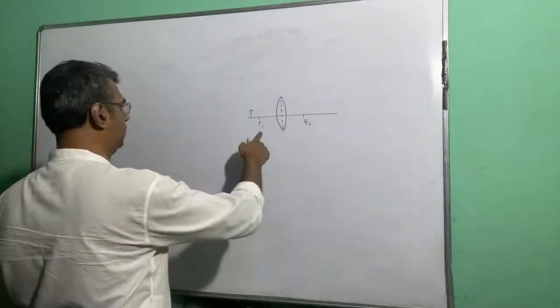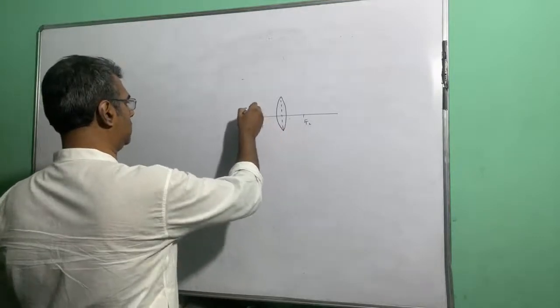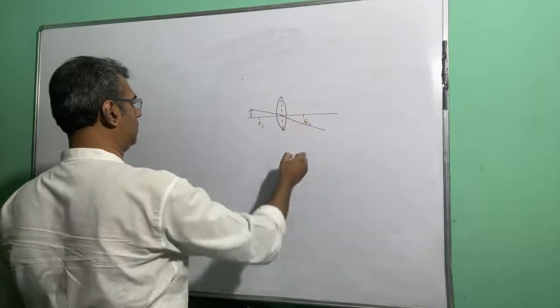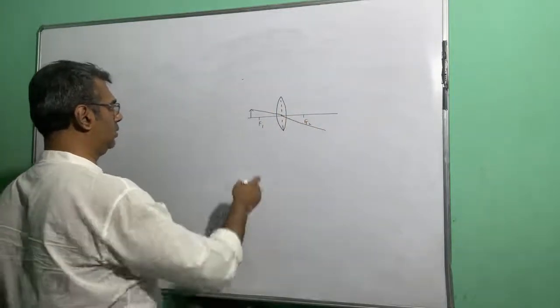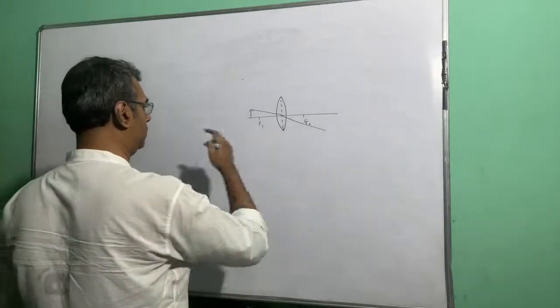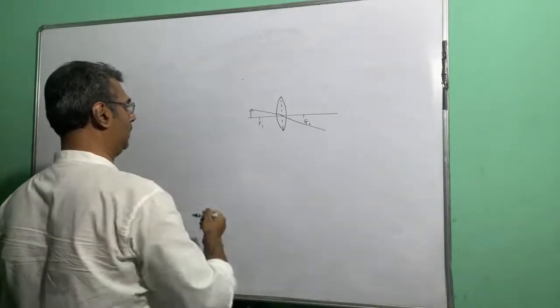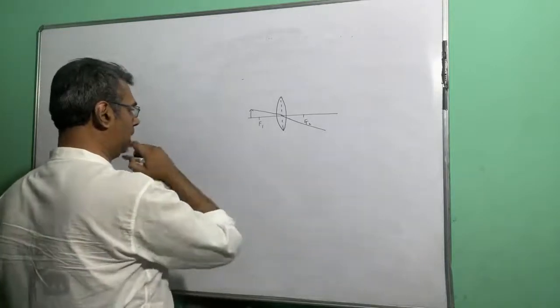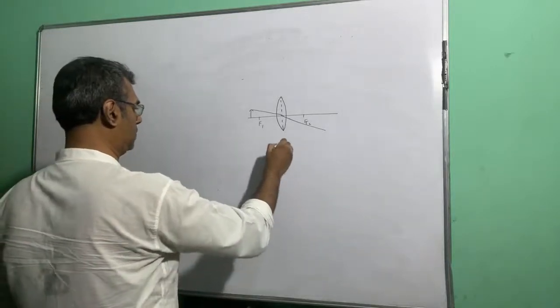So this is f1, this is f2. So the ray which is passing through the optical center will go straight through, without any deviation. That is number one. Okay. Now for the second ray,